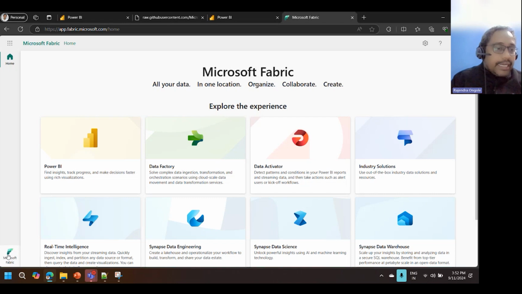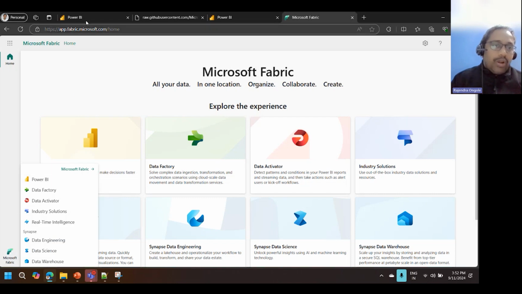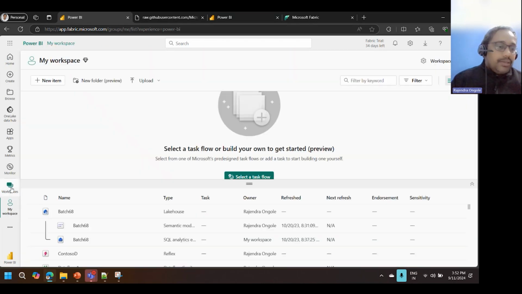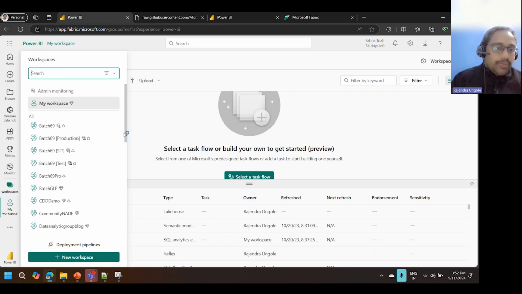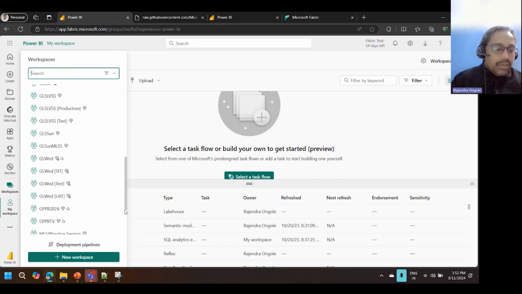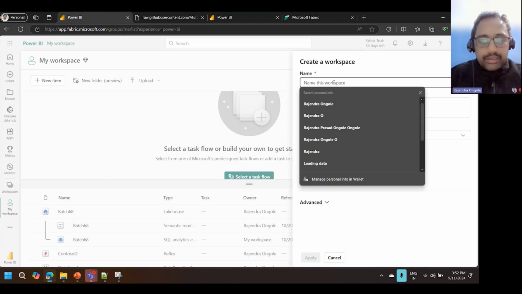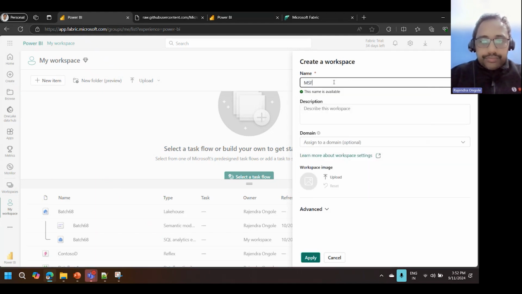So we need dedicated workspaces. How are we going to configure the dedicated workspaces, not our personal workspaces? This is our personal workspace. You can see My workspace is my personal workspace. So we need to have a dedicated workspace. I'm going to create a quick new workspace, giving the name as Fabric